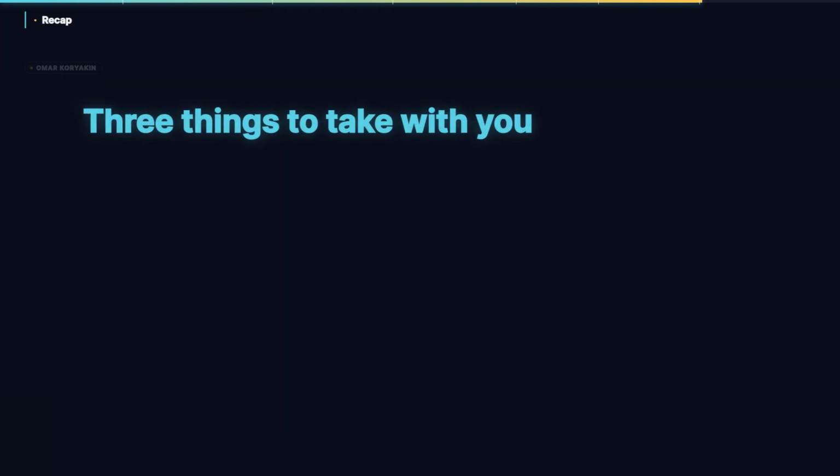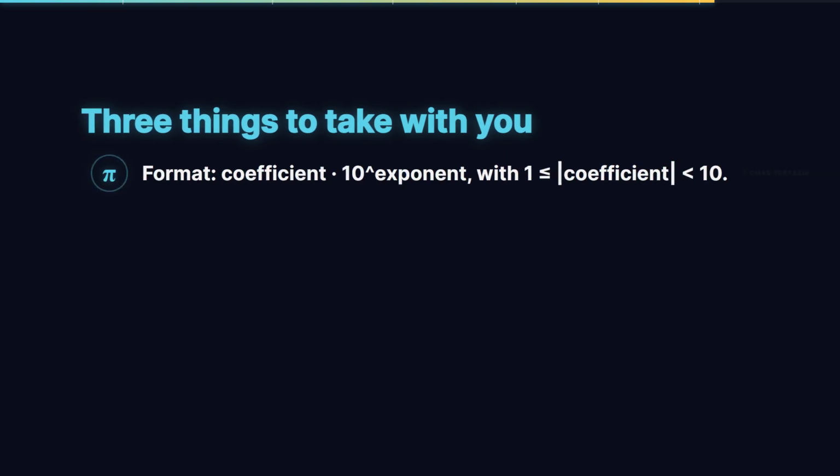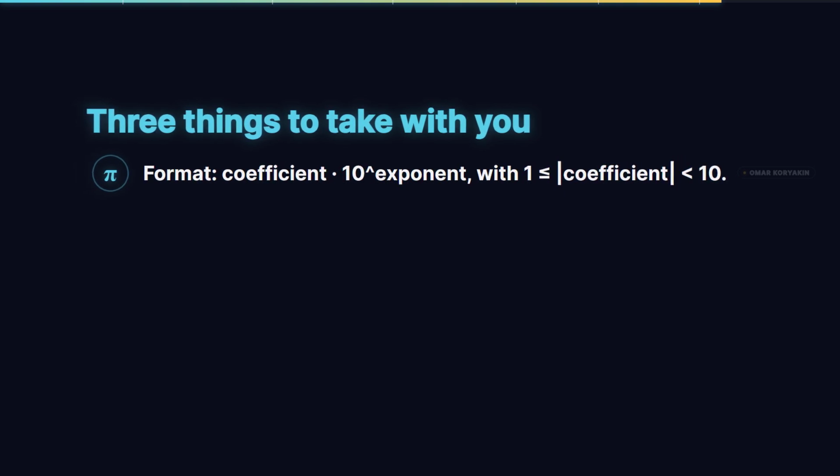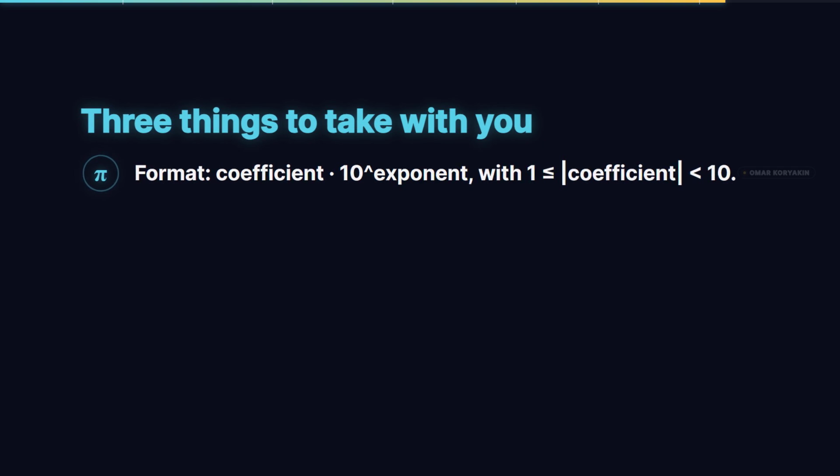3 things to take with you from this lesson. Scientific notation is one of the most useful pieces of compact notation in all of applied mathematics and the rules are short enough to internalize in a single sitting. First, the format is always the same. A coefficient whose absolute value is at least 1 and strictly less than 10 multiplied by 10 raised to an integer power. Memorize the range on the coefficient because that constraint is what makes the representation unique and what catches